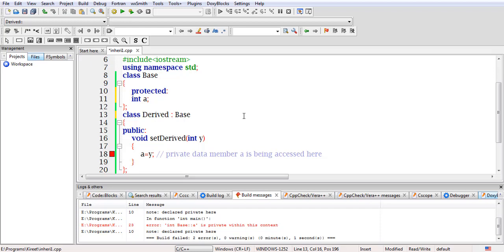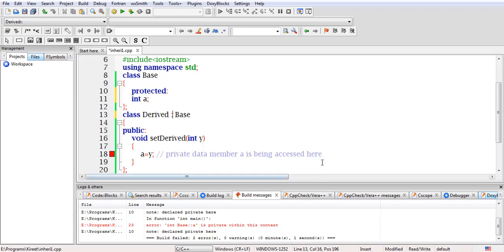So now this a will become private here, and we know that private data members can be accessed within the same class.